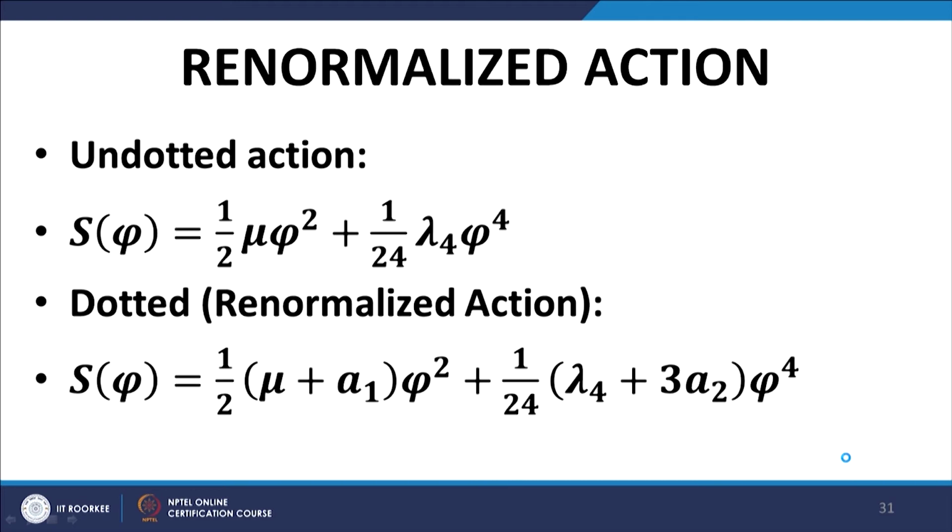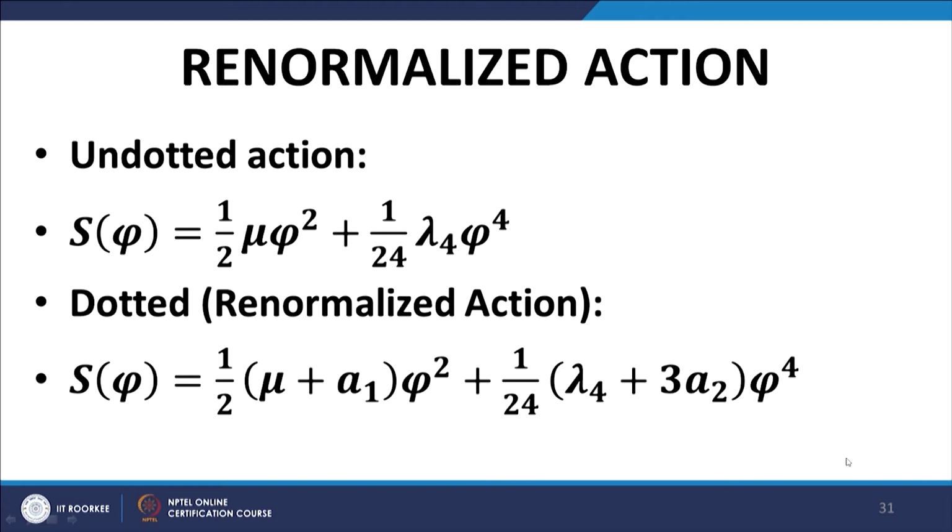But what recovers the theory, what saves the theory, is the fact that we can have mu also, the bare parameters also, infinite, and as such the infinities could very well cancel each other, and if the infinities cancel each other, then we are left with finite quantities, and therefore, the action becomes finite at every level, and all computations arising from the action. In fact, the theory itself becomes a finite and a viable theory.